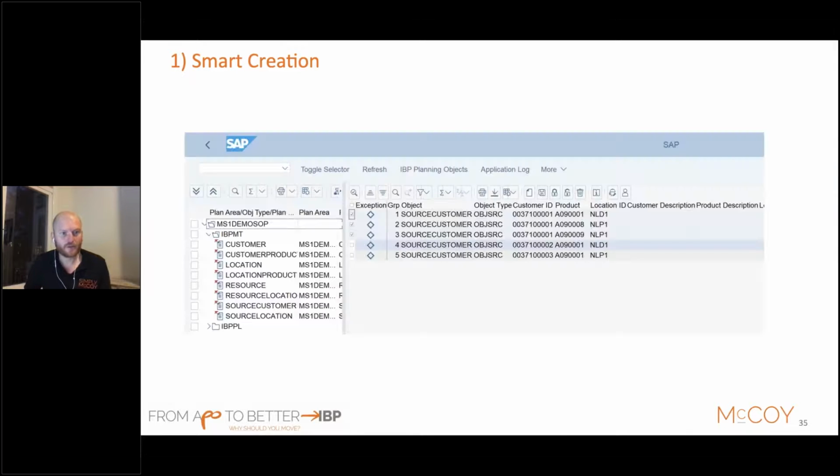So if I move to the customer sourcing, I can see that for this customer, I can list these products and they are sourced from different source locations. And these combinations are only created based on rules we have defined and based on availability of master data in your ECC or other source systems. So this will guarantee that any combination you will create has valid master data in your source system, meaning you will always have consistent planning combinations within your IBP system.